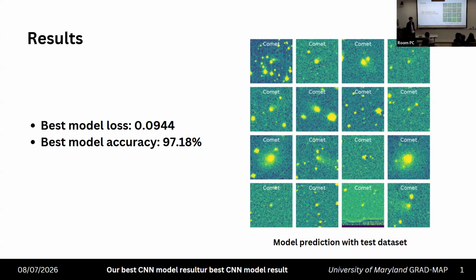So the best model loss we have is 0.9, which I believe is quite good. Loss here means the difference between the model prediction and our label. So like the model error, you can understand it that way. And our accuracy was 90.7 and 97%, which was good to some people, but I don't believe in this number.